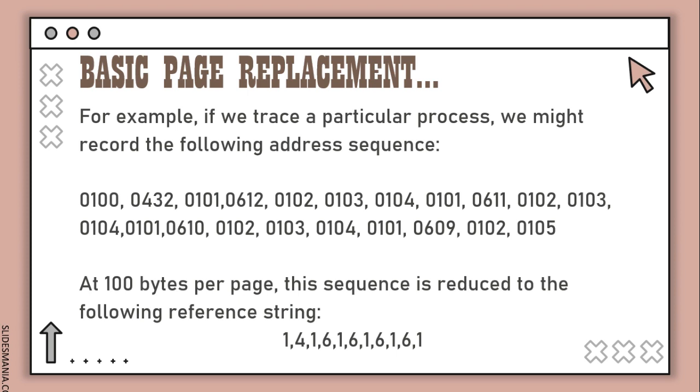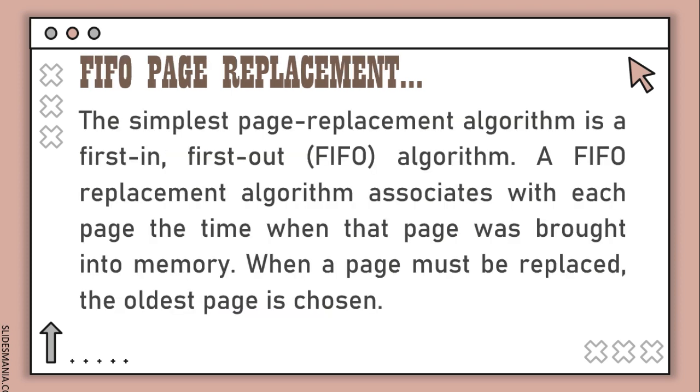For example, if we trace a particular process, we might record the following address sequence. These are the sequence as you can see on the screen. And at 100 bytes per page, this sequence is reduced to the following reference string. The next page replacement is